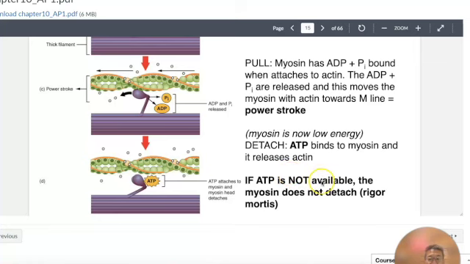If there's no ATP, myosin does not detach, so it stays hooked on. That's why when we die, our body goes into rigor mortis, stiffness, because our body only has a short amount of stored ATP. After it is used up, it doesn't make any more. So our body is always constantly making ATP. That's why when somebody first